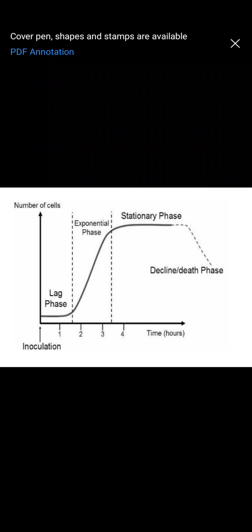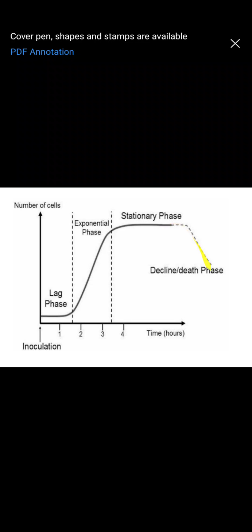So if we have to quickly go through, when we transfer the organisms into a fresh medium, the bacteria go through various stages, various phases. These phases are represented on a graph, and that's called a growth curve, wherein on the x-axis there is time and the y-axis represents the number of cells. Initially there is a lag phase where the number remains constant. There are various reasons as to why the number remains constant. After some time the organism multiplies, which is very important if you have to study that particular organism, basically in research. And the next phase is the stationary phase, where the number of cells dying is equal to the number of cells multiplying.